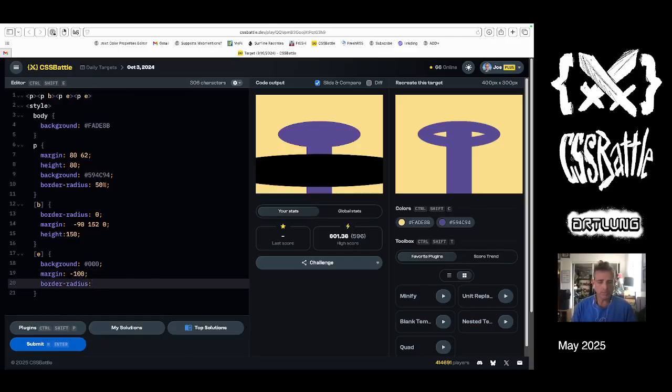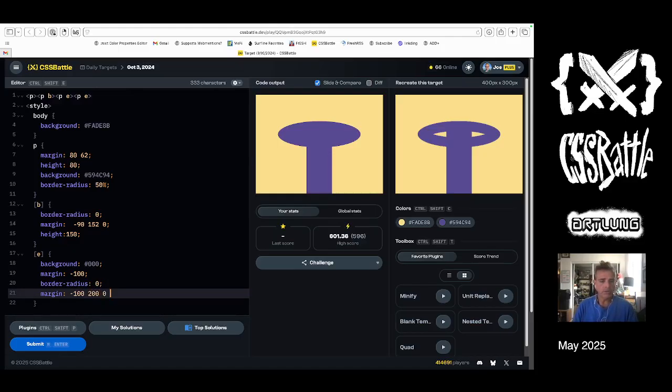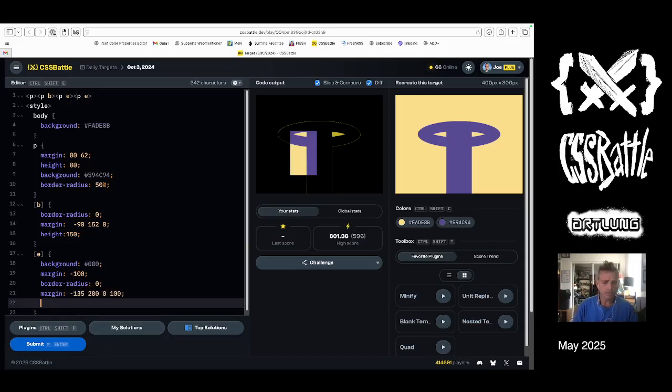Border radius is going to be 0. Margin is going to be, oh, I guess I already started that, but minus 100, 200, 0, 100. And that's how you get a shape that's going to move up. Minus 130, 140, 135. Okay, and then the height, some short height, 10,